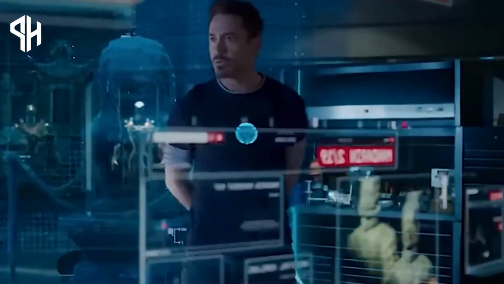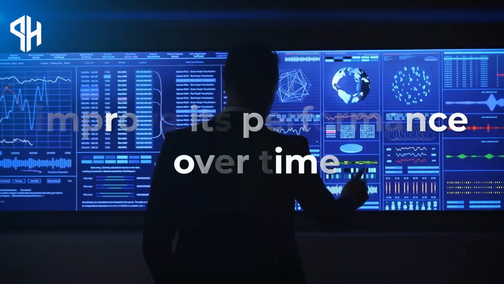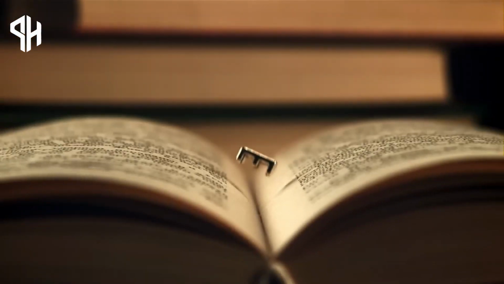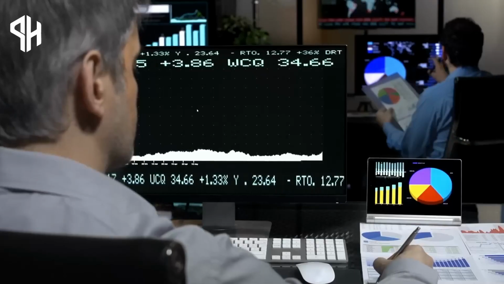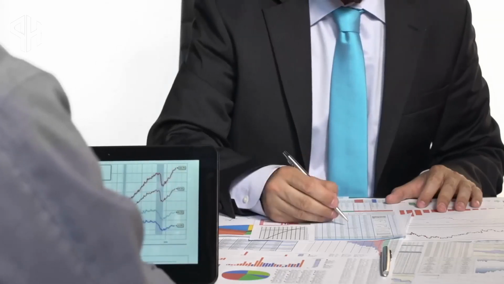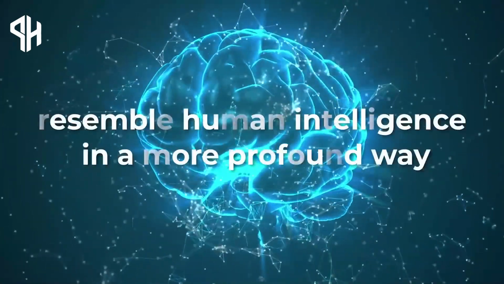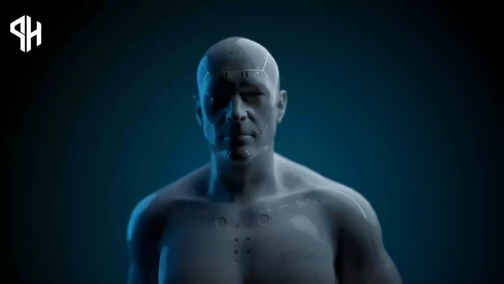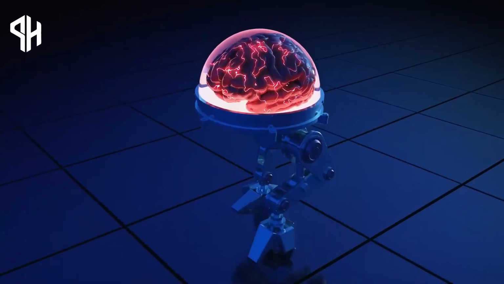This capability is facilitated by techniques like machine learning and deep learning, enabling AI to learn from experience and enhance its performance over time. For example, such an AI system could peruse a book, comprehend the plot, and deduce character motives based on their actions. Alternatively, it could scrutinize economic data, predict market trends, and propose investment strategies. At this stage, AI begins to bear a closer resemblance to human intelligence, yet it remains more akin to a highly advanced tool specialized in reasoning and thinking tasks.